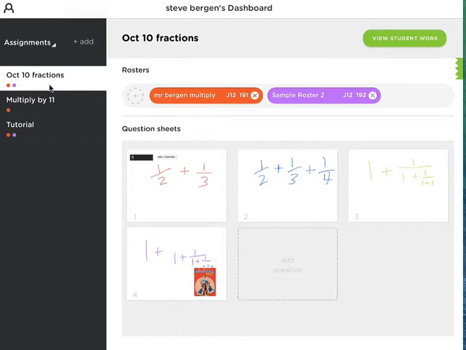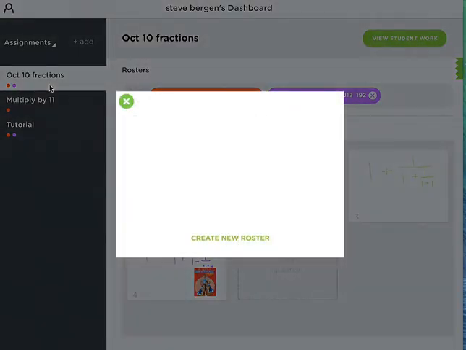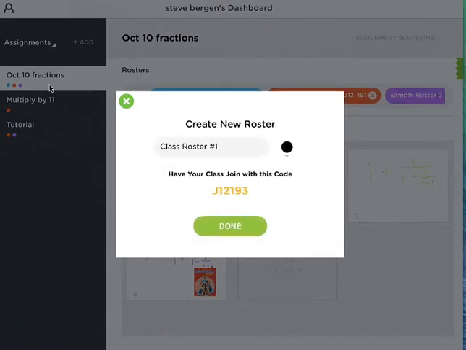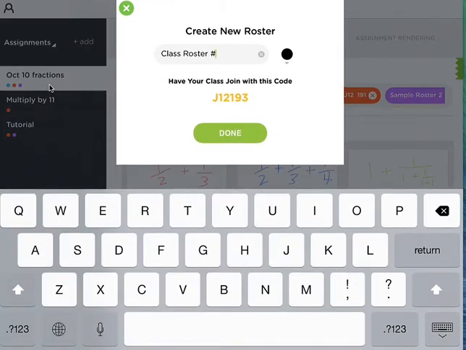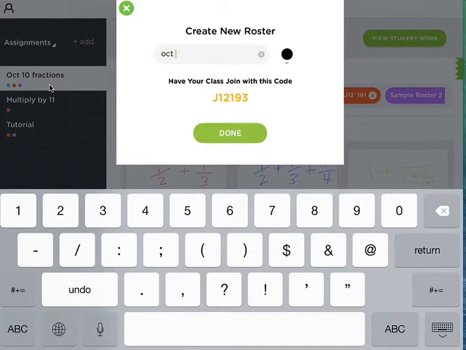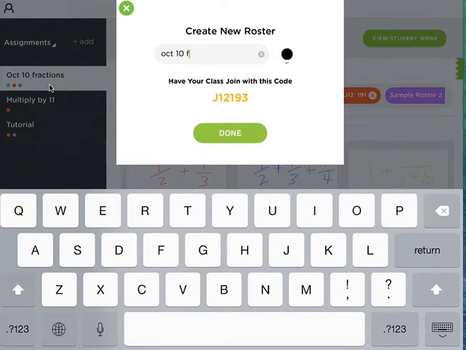So these are my rosters, and I can create a new roster, and this roster will be the roster for just this one assignment, and this is going to be October 10th, and it's going to say fractions, and there's the code I'm going to give to my kids,